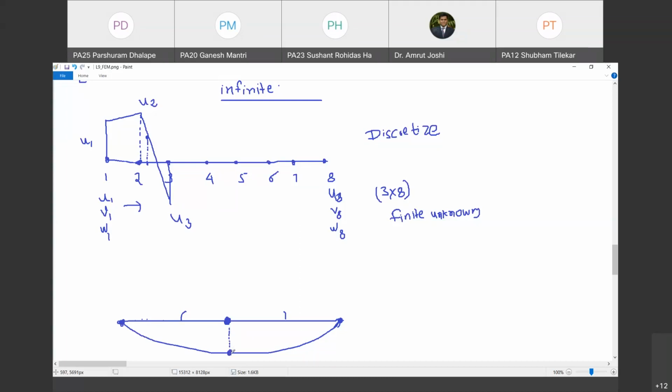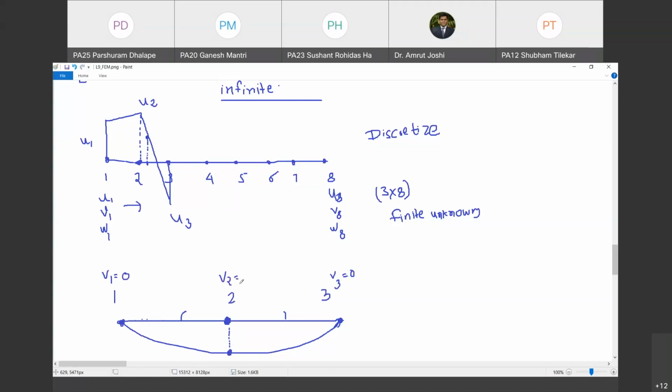I obtained the displacement here because I was treating this displacement as unknown. So I am going to call these nodes 1, 2, and 3. V1 is 0, that is the y directional deformation at 1. V3 is 0, no doubt. This is known. And V2 we have obtained after FEM formulation.